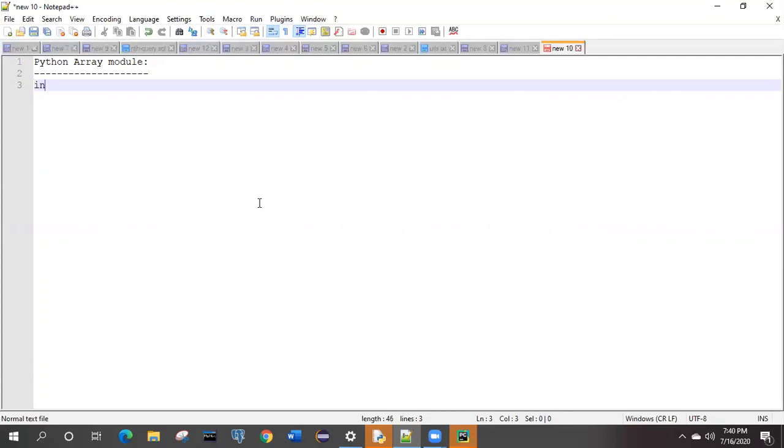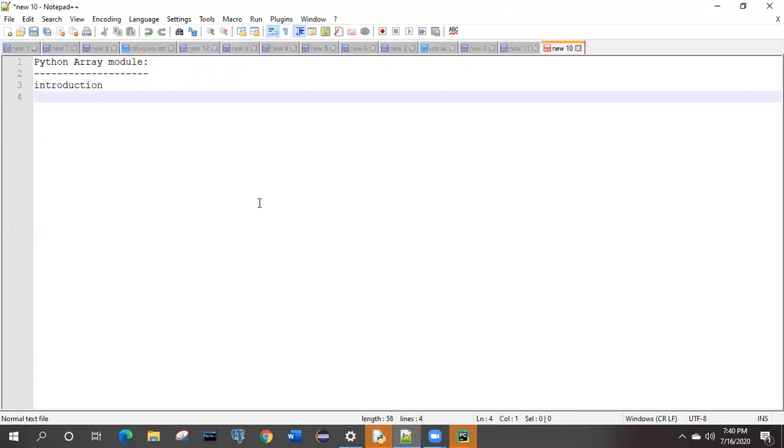So we'll see the introduction, then how to create an array as well as how some existing arrays we can import into Python, that we are going to see.